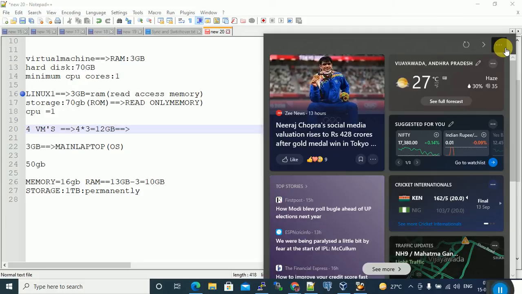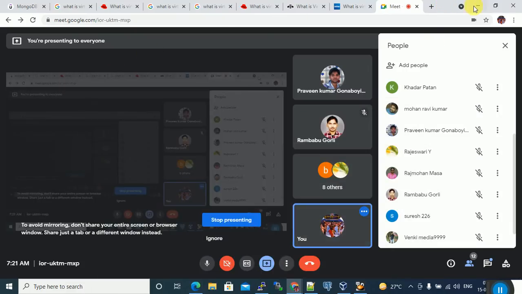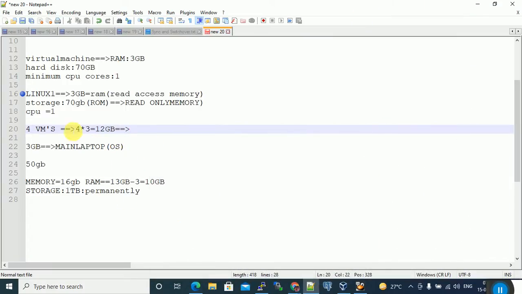Yes. So this is for virtual machines. If you want to create virtual machines, at least we need to assign 3 GB memory, 50 to 70 GB storage, and CPU is taking 1 by default.